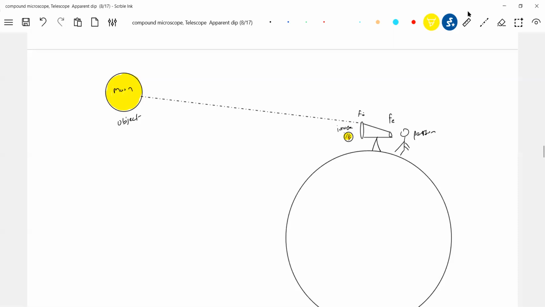What is the diameter of this image? It will be of order 5 or 10. It all depends on the telescope. And that is enough, we can see things very clearly. When a person sees the moon through the telescope, what will be visible? Is it the real moon or the image of the moon? Image of the moon is visible. Please, I think you should have common sense enough.